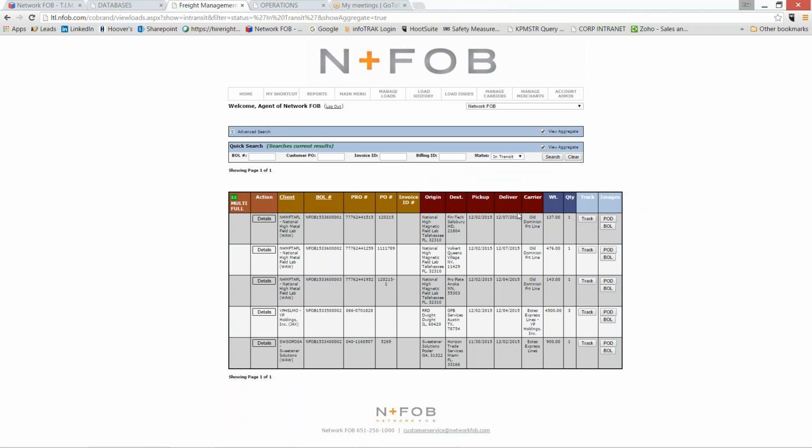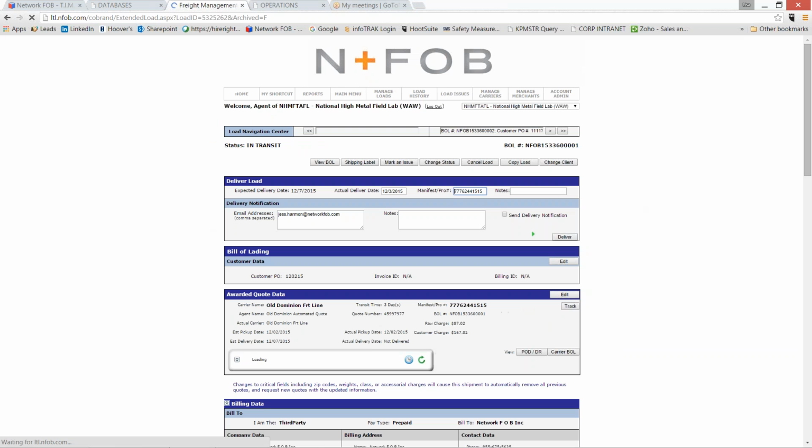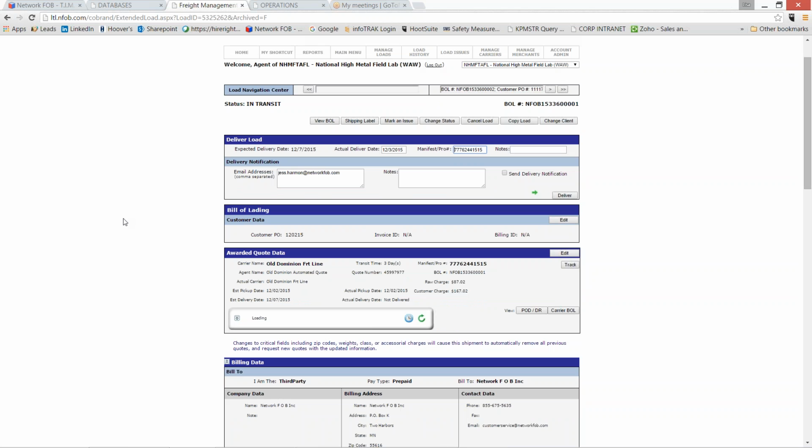Go ahead and go to the details of one of the other loads. You'll also notice under the awarded quote section, you can see your tracing details there as well. So if you're within the load and you're wanting to know the tracing details, we're getting EDI transmits from the